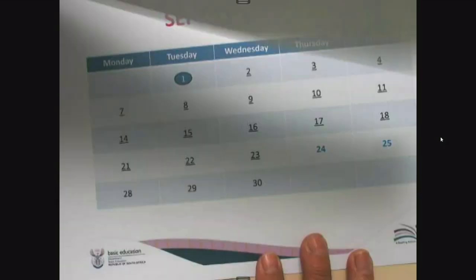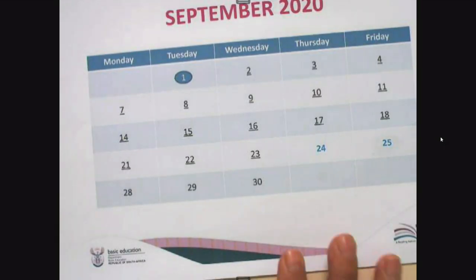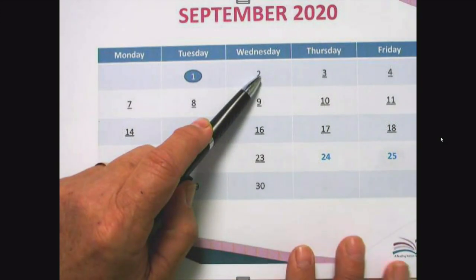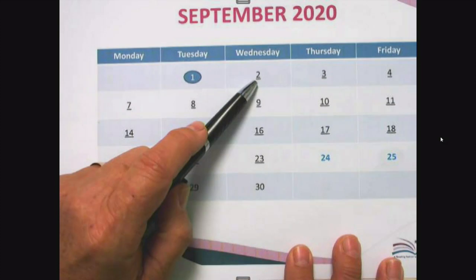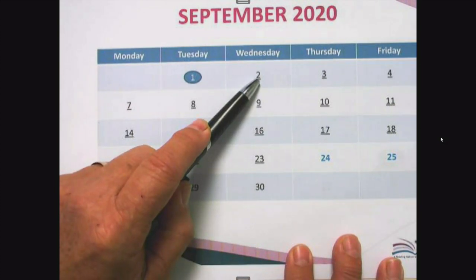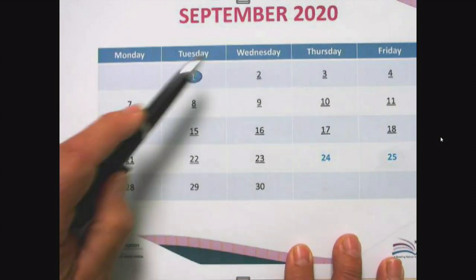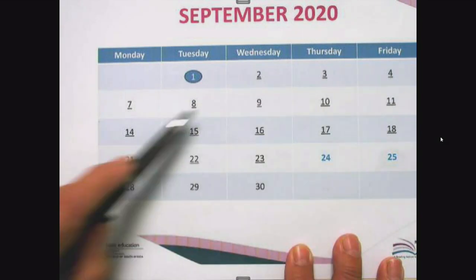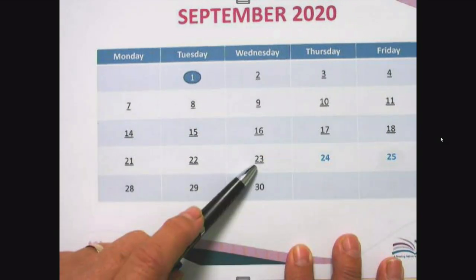Until you reach the expected day where the September exams, the trial exams, will start, which is expected to be on the 2nd of September. So the 1st of September will be the last day for teaching in term 3. Then there's an expected exam, trial exam, until the 23rd,